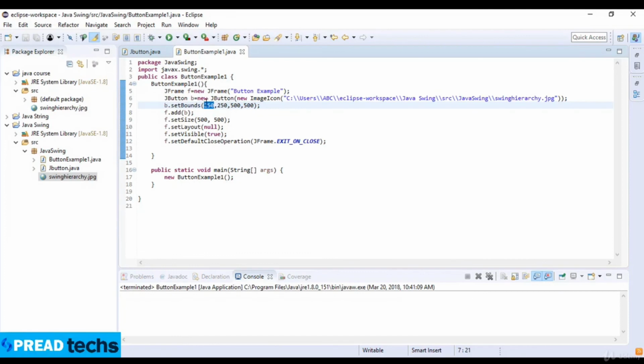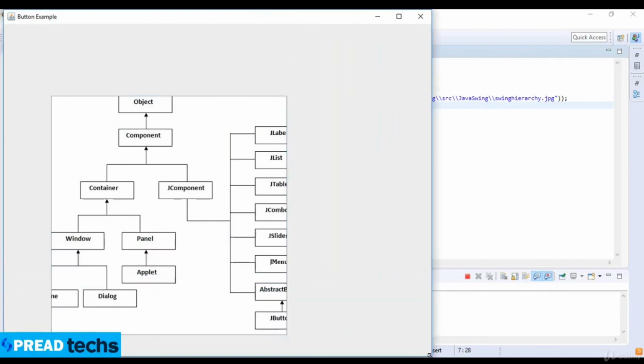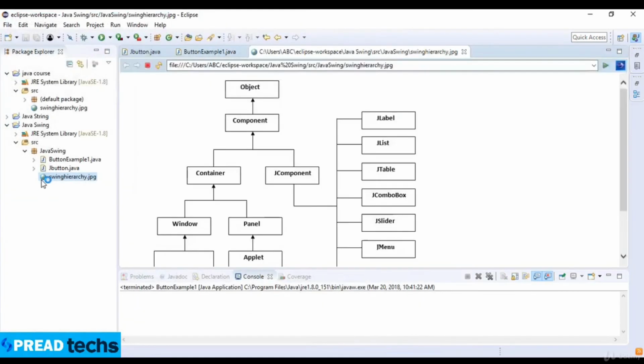So, sorry, it's 100 and 150. So you can see here the image is showing in this frame, and I will let you know